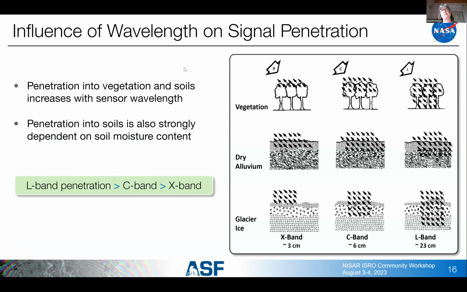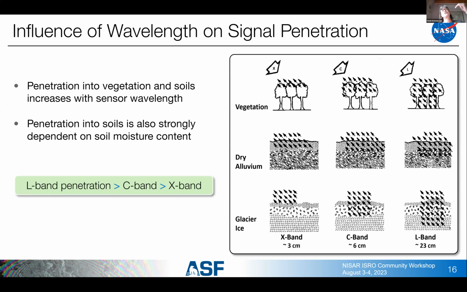That wavelength that is used by the sensor really makes a difference in terms of the penetration ability of the signal. So an X-band sensor cannot penetrate very far into the canopy, especially if you had large leaves. It's only a 2.5 centimeter wavelength. A leaf can be the size of your hand, and so it becomes very difficult for the signal to move through between those leaves. So generally with an X-band sensor, you're getting information about the top of the canopy when you're looking at vegetation,